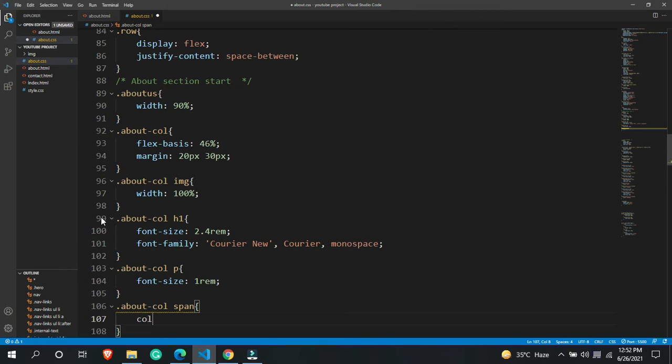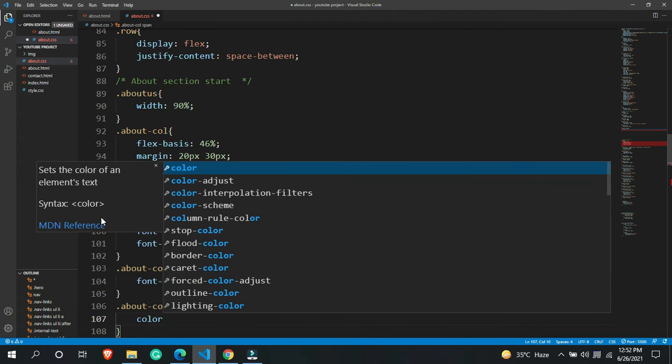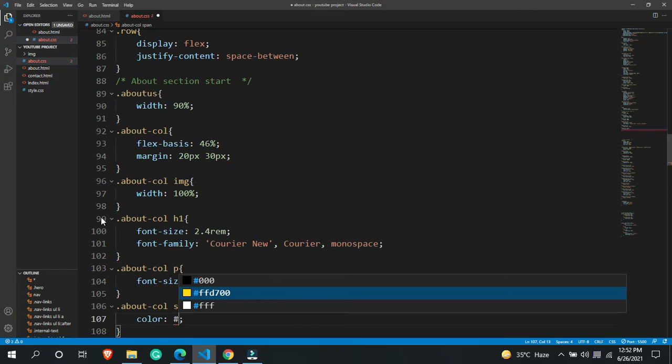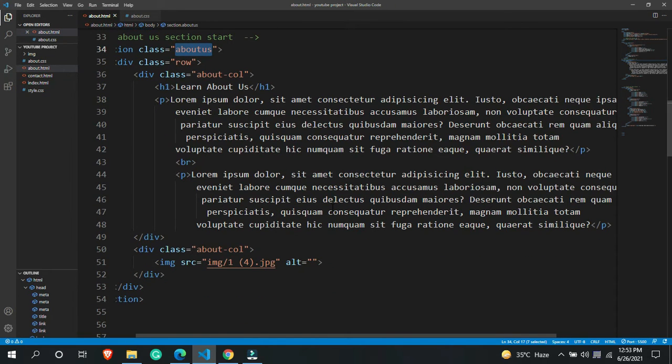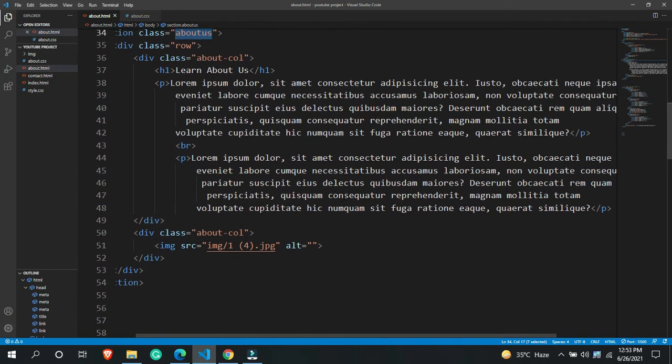You were probably wondering why I'm adding a span right now, because I'm going to use a span over here. So I wanted to add a random color. Let me add a random color, okay, so this is the color that I'm using. And I'm going to put something in a span tag as well.